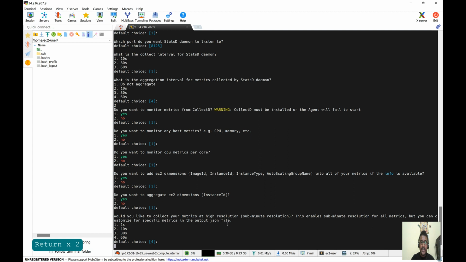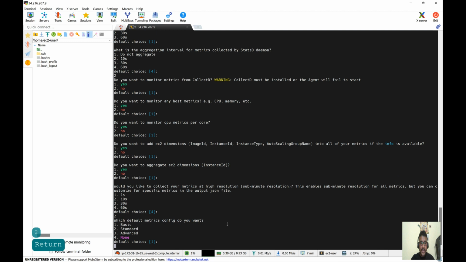Now here it's asking, would you like to collect your metrics at a high resolution, like sub-minute resolution? This enables sub-minute. So let's select, either 1 minute you can specify, or 2 minutes, or 60 minutes, whatever the JSON file my output will collect, right? So let's select 10 seconds only for me. Okay guys, now